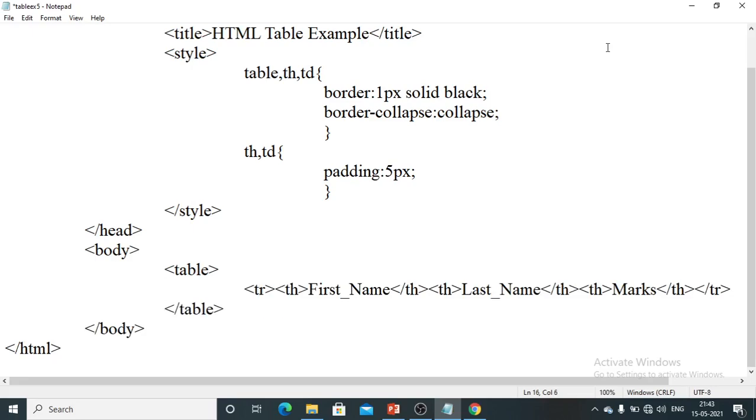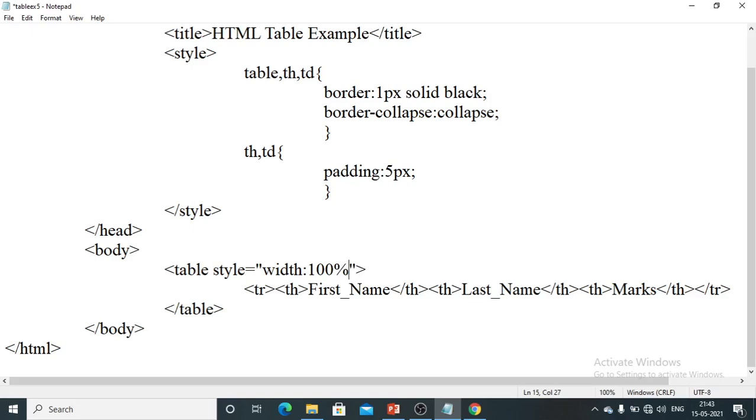So here in this one row, I will use the style attribute of the table. Here width I will mention as 100%.